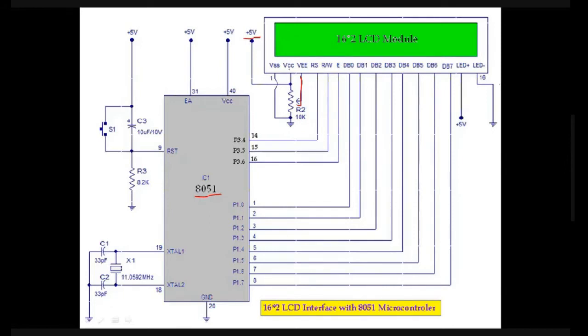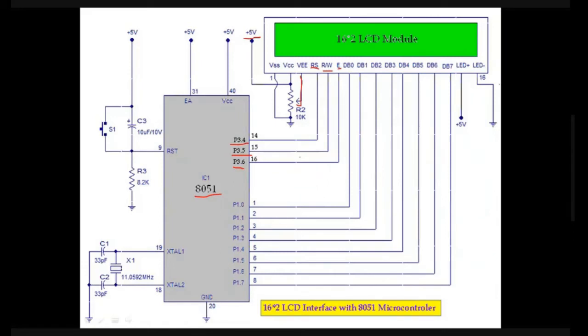Then the RS pin. This is the RS, this is the RW, and this is enable. We connect them to port 3.4, port 3.5, and port 3.6.